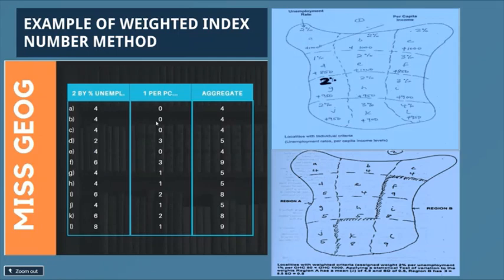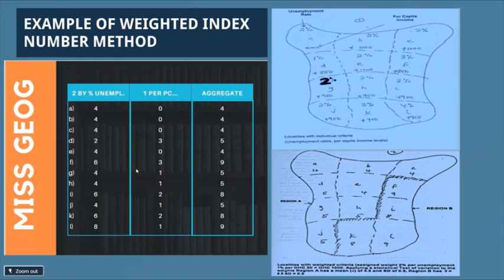But if a territory is having low per capita income, its value will be high. So let's take territory D, for example. D's per capita income is 850 cedis, and that is lesser, and we represented it with 3 based on how we formulated our